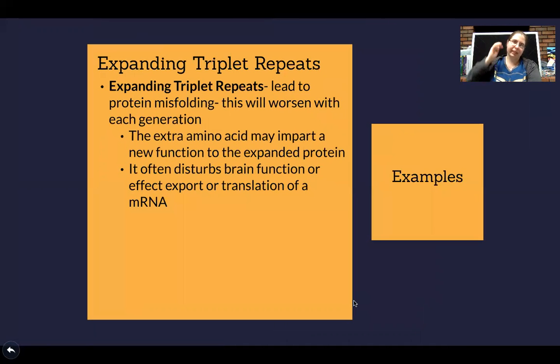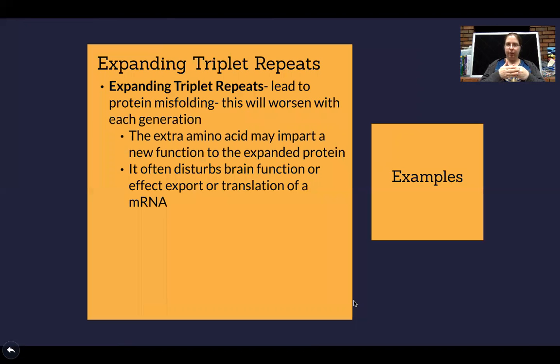Expanding triplet repeats. So expanding triplet repeats lead to protein misfolding, and it will worsen with each generation. And the reason why it worsens each generation is because with each generation, that triplet repeating section, you get more of it. That's why we call it expanding triplet repeats. It's kind of like the opposite of telomeres. With telomeres, they're the ends of the chromosomes. They shorten every time the DNA gets replicated. But in this case,